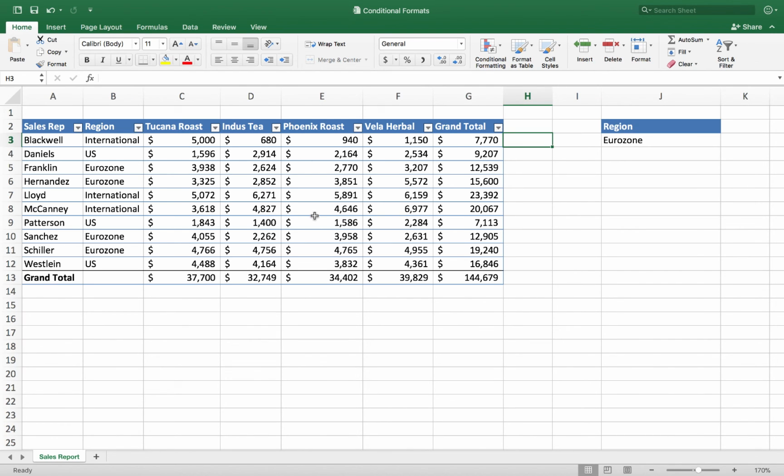So I'm going to go ahead and highlight all my sales reps in the names in column A from A3 down to A12. And then after I've got the sales reps selected, I'm going to hold the shift key down on my keyboard, and click and drag over my grand totals. I'm sorry, pardon me. I meant to say the shift key lets me select the first and last and everything in between. If I want to select two non-adjacent sections, it's the command key on the Mac and the control key on the PC. Sorry, don't mean to make life more confusing than it needs to be here.